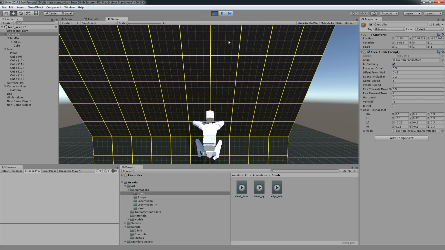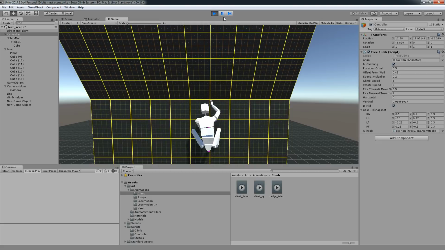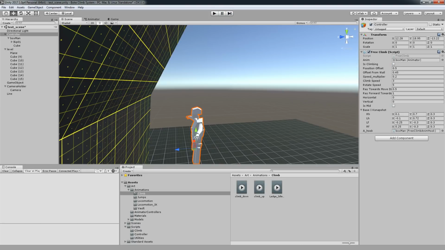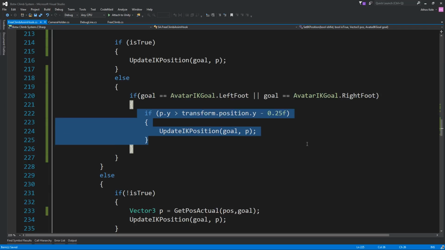So we now have a problem when we're going up. Oh yeah. So yeah, that's not really working this time.